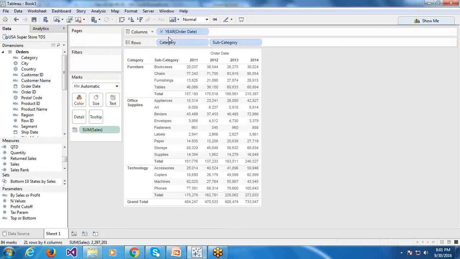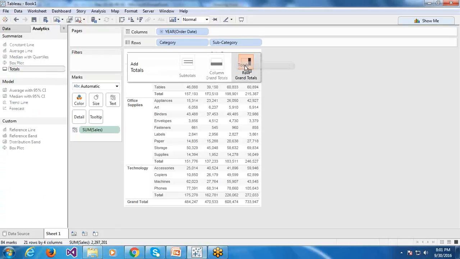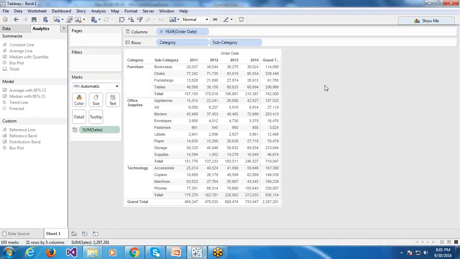Let us take one more view. Now I have multiple columns, so I can also compute row totals. I can have the total of the entire row. So I will go there and use row grand totals. These are row totals, giving the total for each row, and column totals giving totals for each column, and we have subtotals. So we are done with totals.